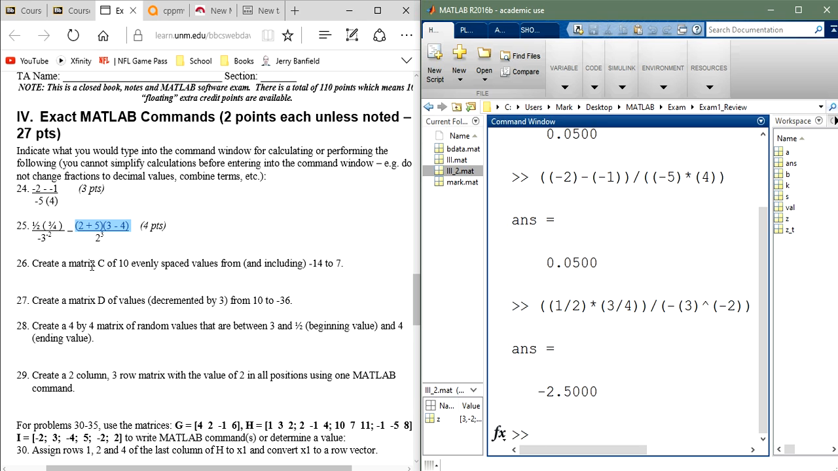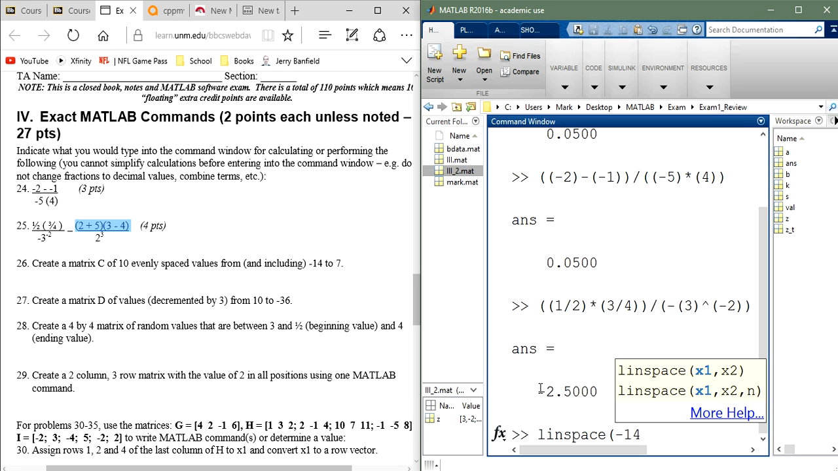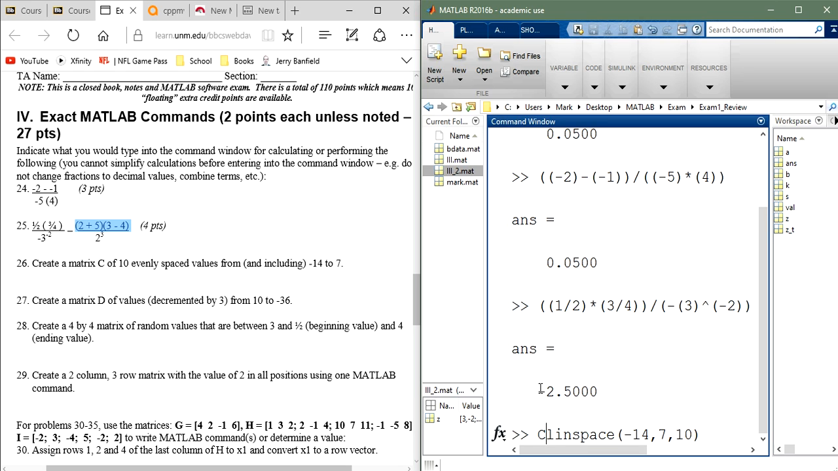Let's go to 26. Create a matrix C of 10 evenly spaced values from and including negative 14 to 7. This is perfect for linspace. All you guys have to do is say linspace, first value, last value, and having 10 evenly spaced values. That's linspace. You don't have to write the values out, you just have to put what you're going to have in MATLAB. And here it says create a matrix C. So I have to say C is equal to